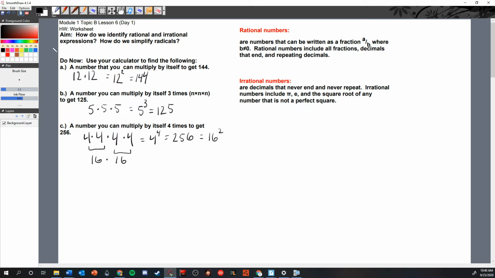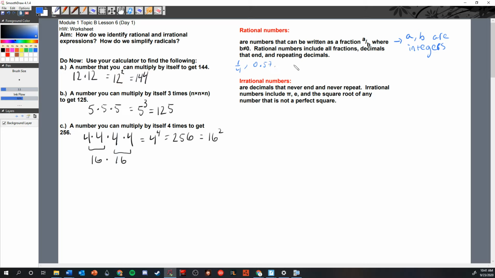And I want to clarify there that a and b both have to be integers, right? When we talked about the integers, we said those were the positive and negative whole numbers, right? So a and b have to be integers. Okay, rational numbers include all fractions, so anything we can write as a fraction, all decimals that end, and repeating decimals. So, 1/4,